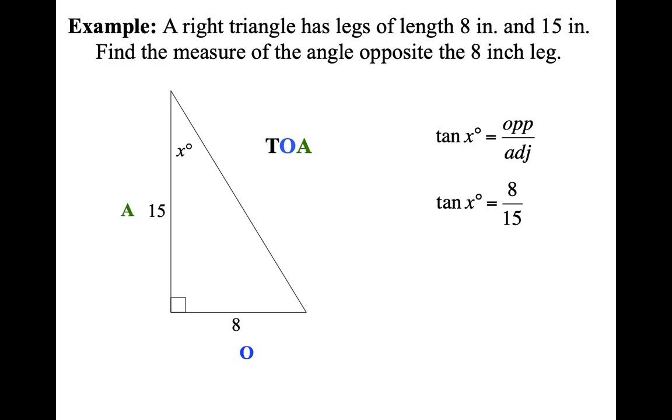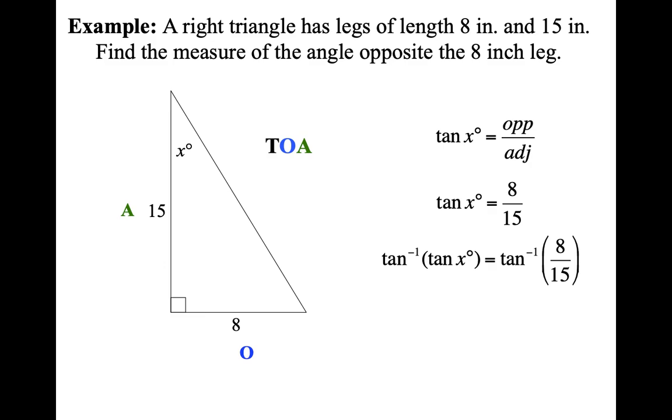So how does it look different? It looks like tan, but now it's going to have an exponent of -1. So what just came up is the tan inverse of tan x. But what we do to one side, we still have to do to the other. So tan inverse of 8 over 15. If an inverse does the exact opposite, tangent takes an angle and creates a ratio, so the inverse is going to take a ratio and create an angle.